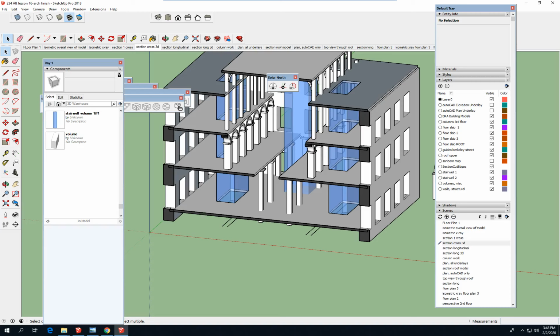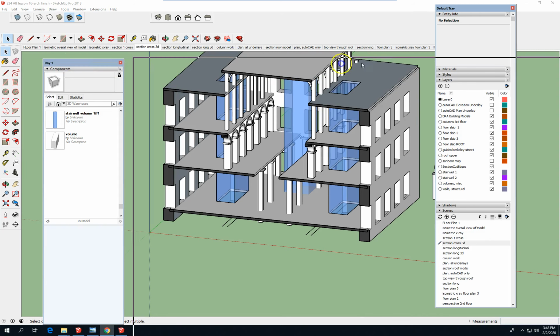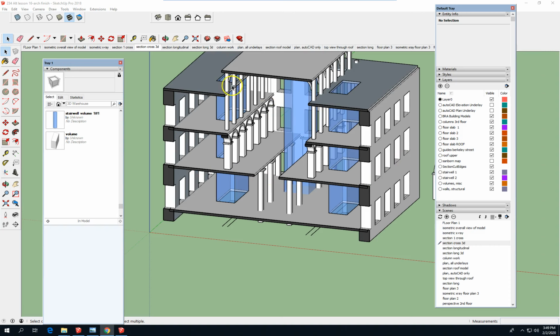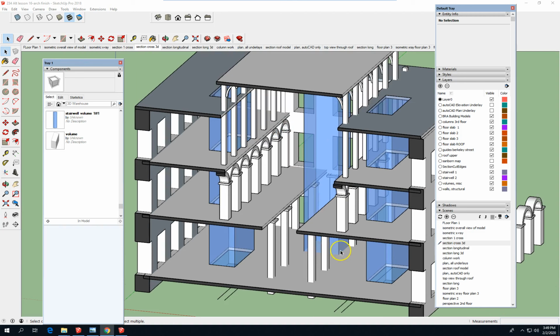As we look at more pictures, we see other adjustments that we need to make. The third floor, the opening from the third floor down to the first floor, is pretty tight to the elevator, but then the opening above it is not as wide as I've drawn it here. So we have to pull it in tighter to this